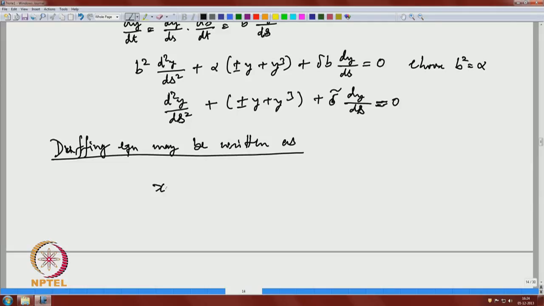So, again we go back to the original variables: plus or minus x plus x cube plus delta x dot equal to 0. So, we consider this simplified version. Okay. So, let me just go on a little bit. Let me just consider the plus sign. So, let us write it as a system,